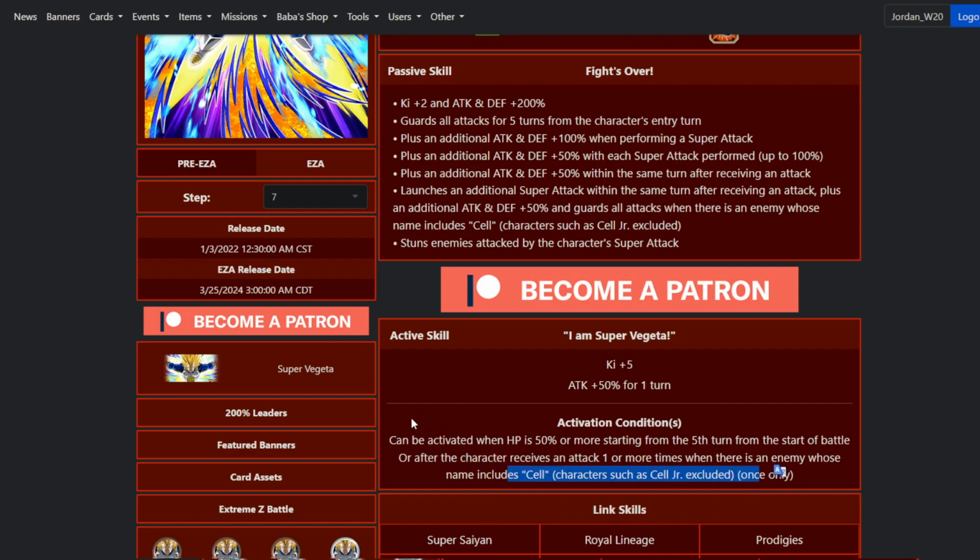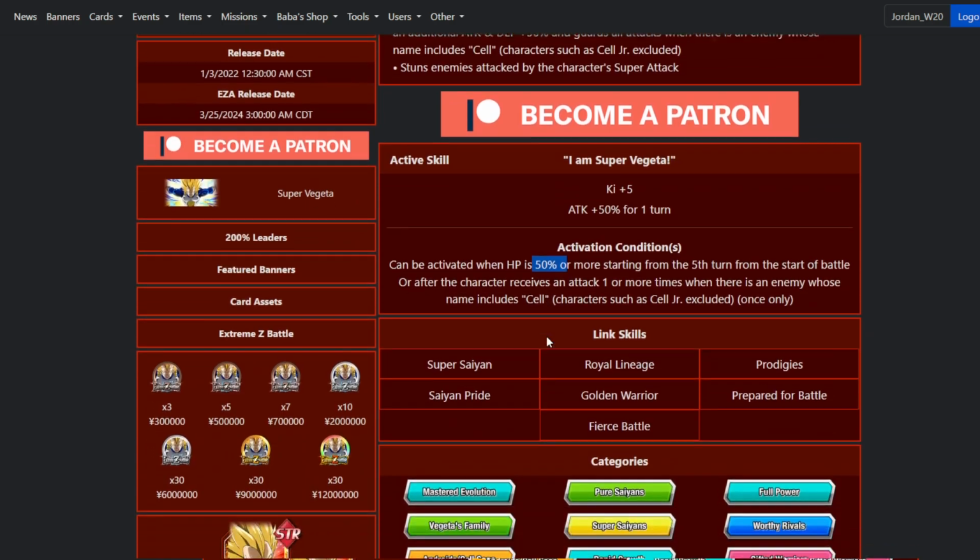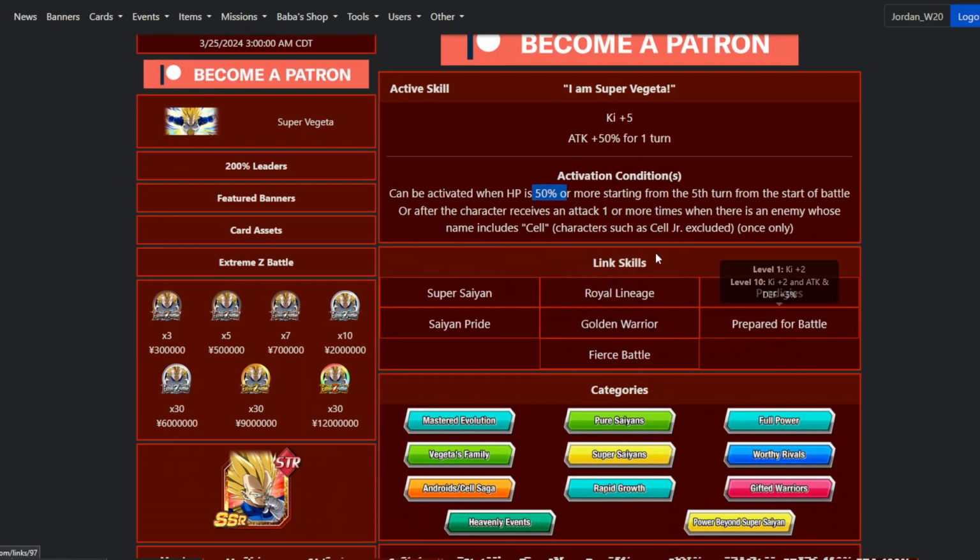So again, decent active skill condition, not the best ever because it does have a turn and an HP condition. But I feel like most of the time it's not going to be an issue getting this guy's active skill out, but we'll see. Link set is pretty good. I mean, it's just a basic Vegeta Link set here. Super Saiyan, Royal Lineage, Prodigy, Saiyan Pride, Golden Warrior, Prepared for Battle, Fierce Battle. His only defensive Link is Prepared for Battle, so it's not like a